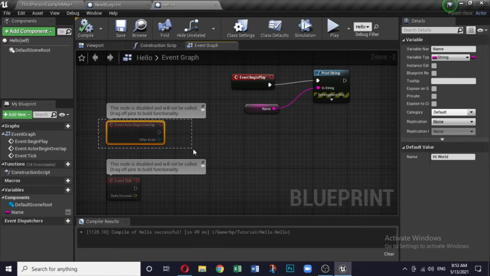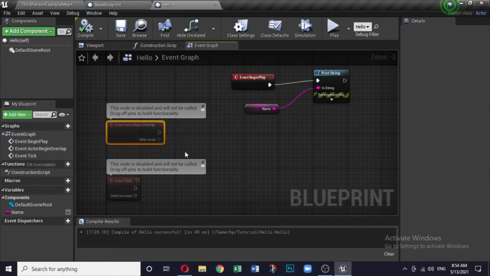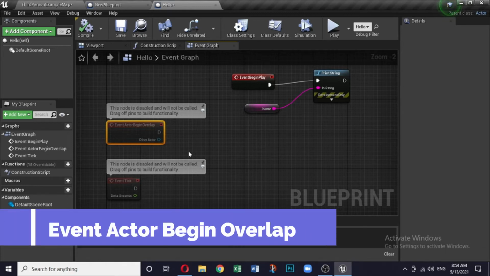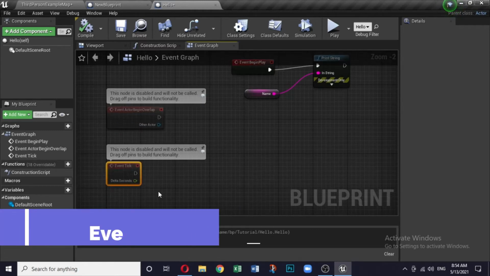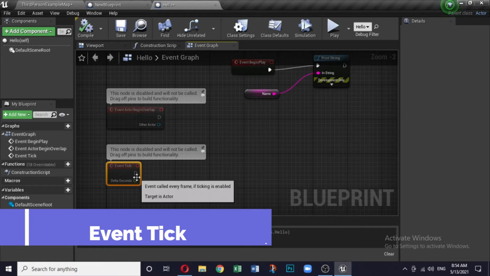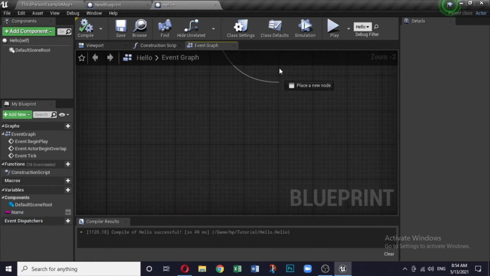Now what about this? This is any event which overlaps. Let us assume that we have a trigger volume. So any collision with the trigger volume, this will happen. This one is the event tick. It is like every frame this event will keep on happening. So let us see this.